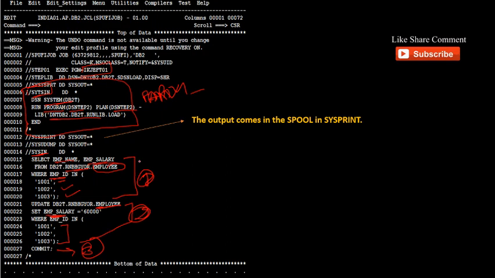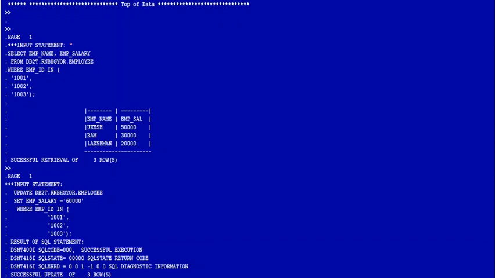After execution of this job, our SQL statement execution output will come into the SYSPRINT available in spool. Here we have the input select statement, so it will fetch three rows according to the employee IDs, with successful execution of three rows.